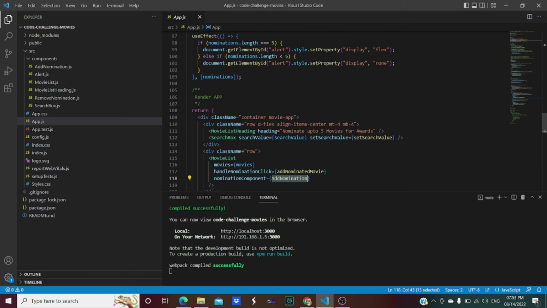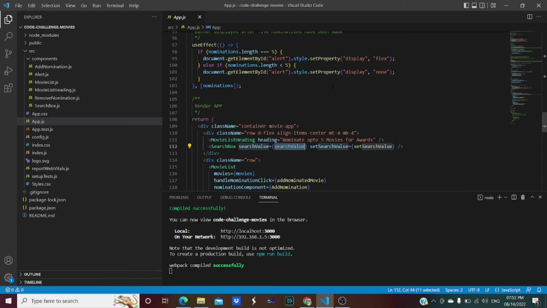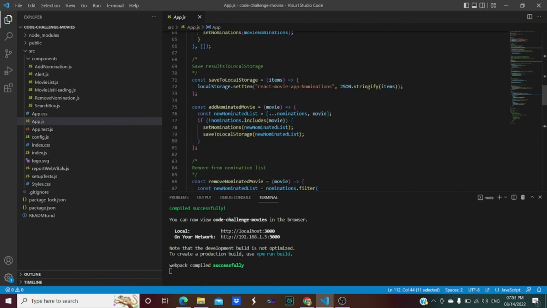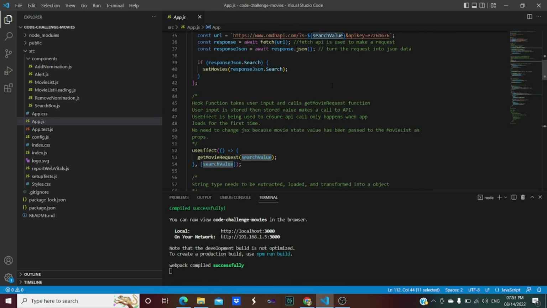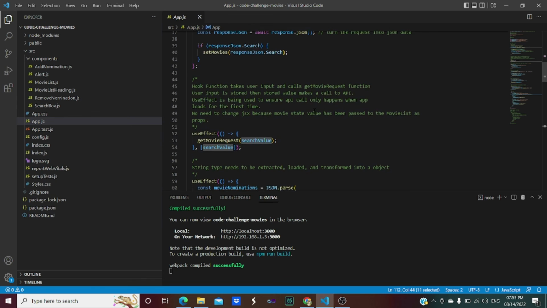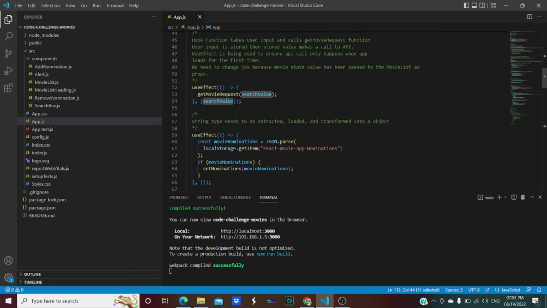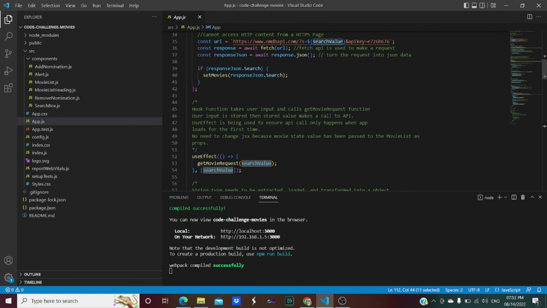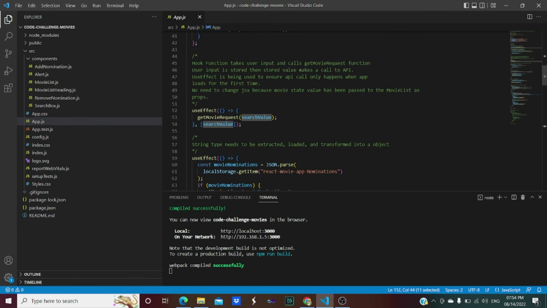Then see, the search box is used, and the value that the user gives as a keyword within that search box is set as a search value so that it can be used over here to call the API. And obviously that get movie request function is called over here by passing this search value.